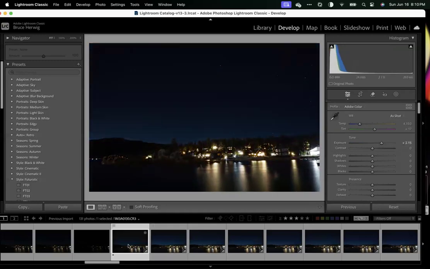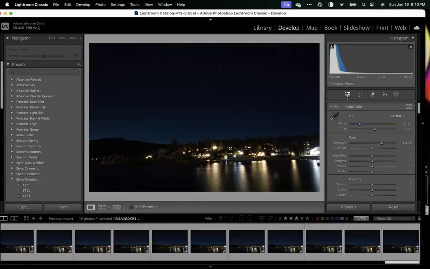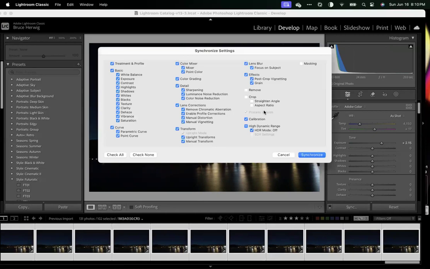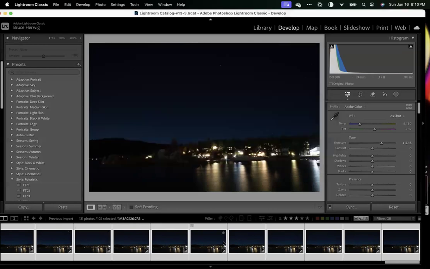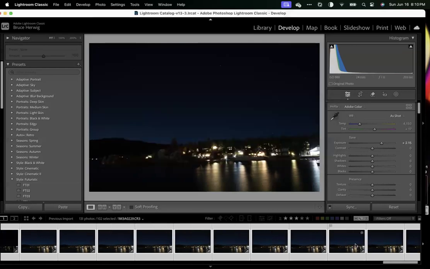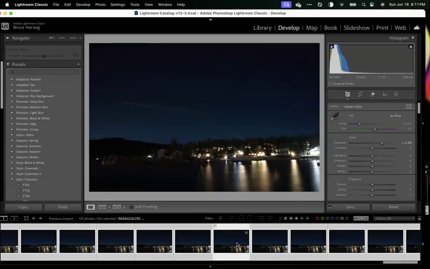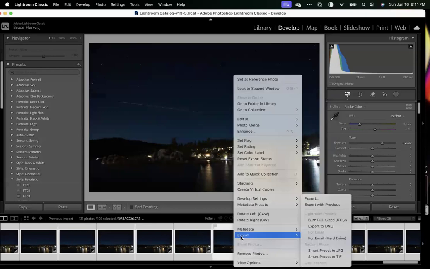And then I applied that same setting all the way across. So you just shift, select everything, and hit sync. That's going to ask you what you want to sync, and I just want to sync everything. That was the exposure and the profile correction, the only two edits that I made. I can go ahead, hit sync, and it's going to apply that across all of these images, which I've already done. Then I'm going to export all of those images,